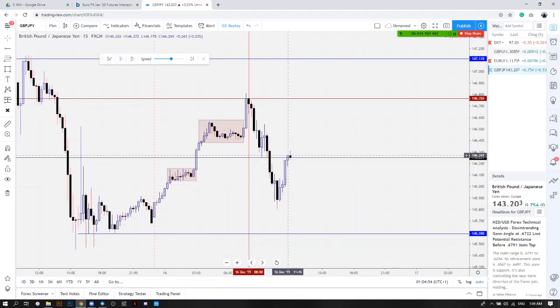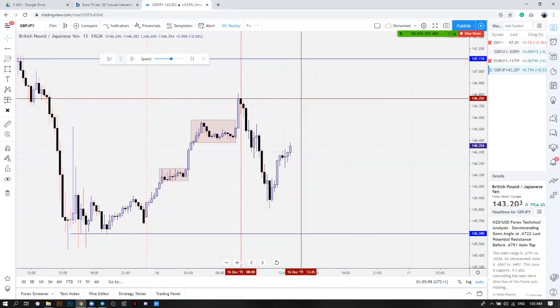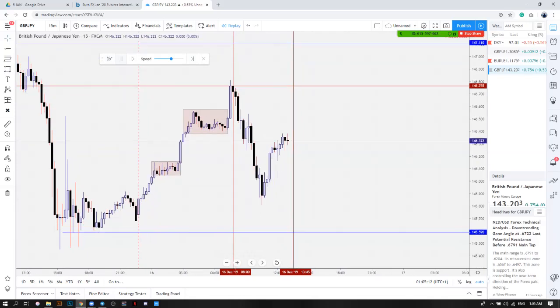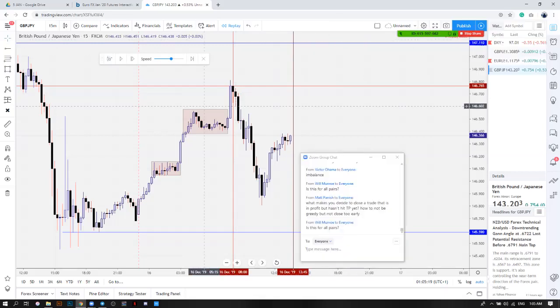Now, let's see what the time is. 12. New York session is around this time. Okay, so I'll choose my New York session. All right, so now this is New York session. What are you going to do? Buy or sell? I think this is the last thing I'm going to do, because after this, I'm done for today. So I want to get all your responses. Are you going to buy or are you going to sell? So, why?